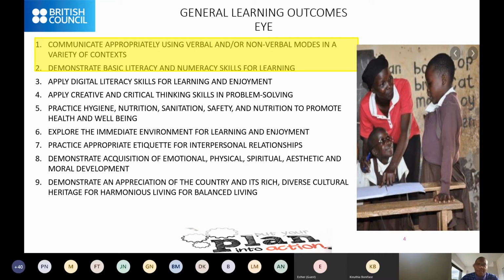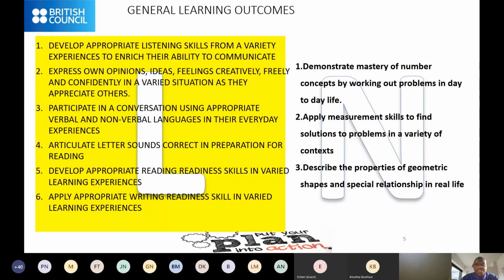And we also talked about the foundational skills. These foundational skills are both in literacy and numeracy. They are core, because if I can't read, I can't answer a maths question. If I can't read, I can't answer a social study question. So I need to be able to decode, to decipher, to understand what I'm reading. So these learning outcomes for literacy are very, very critical. So whatever we are doing must be revolving around them.